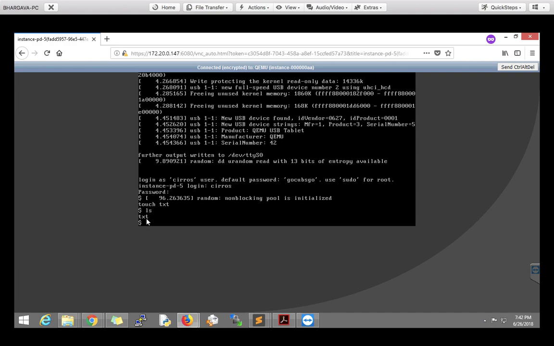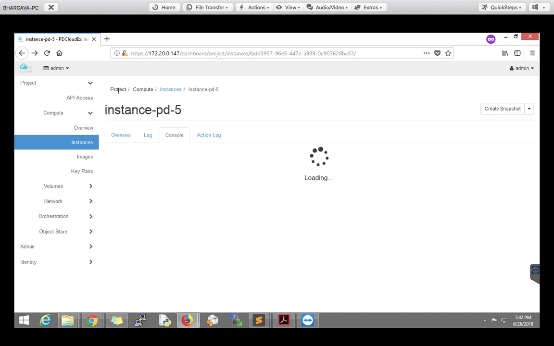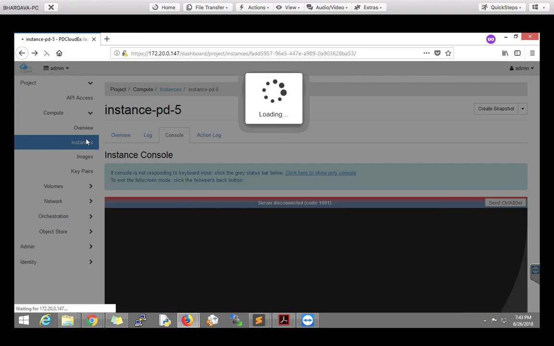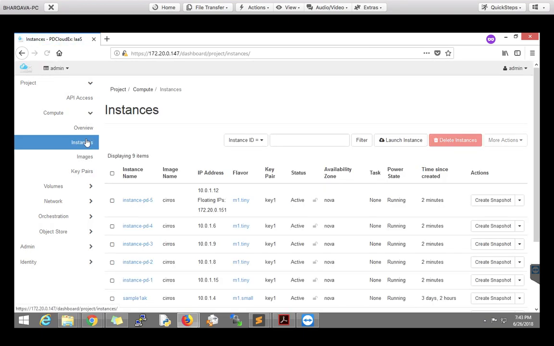Yes, you can see this text, so you are able to access this instance and work with it. Now you can work with all the instances that you have created. You can give the public IP address to the instance, and you can access it from outside the network as well. And this is the beauty of OpenStack, that you can utilize your resources as per your demand